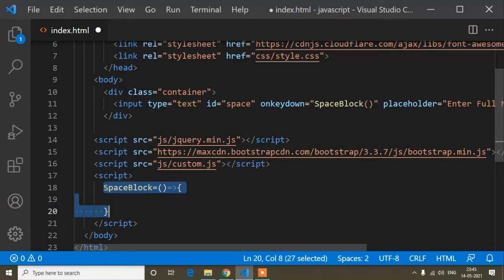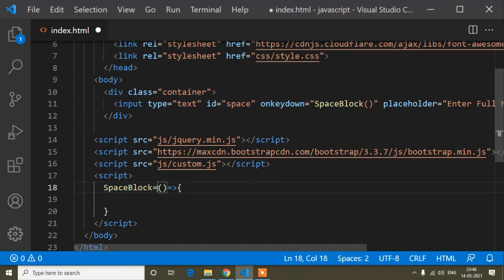And it's less syntax, because if I write the function keyword, it's more syntax, but here you can see it's very short. So you can write like this.